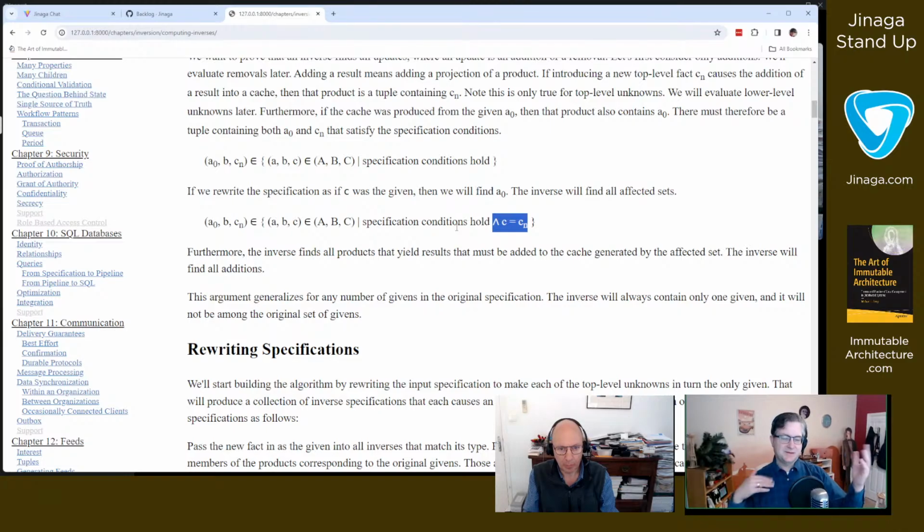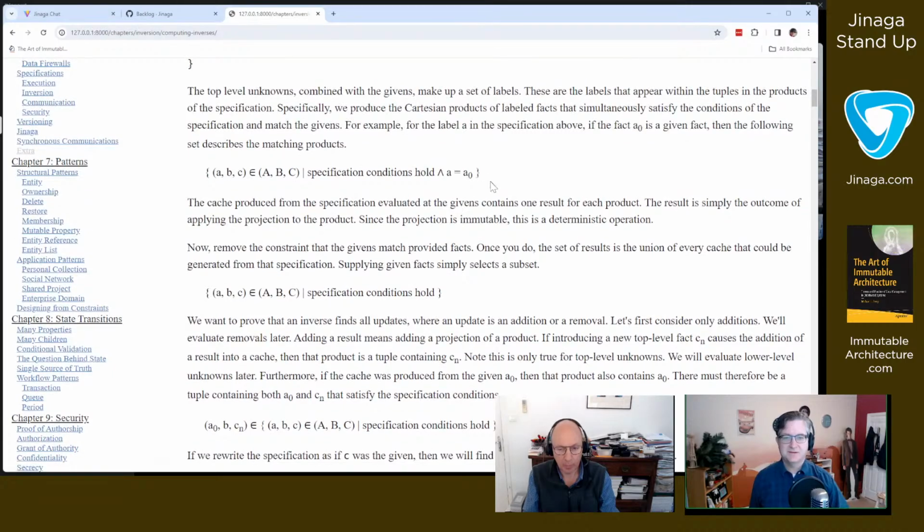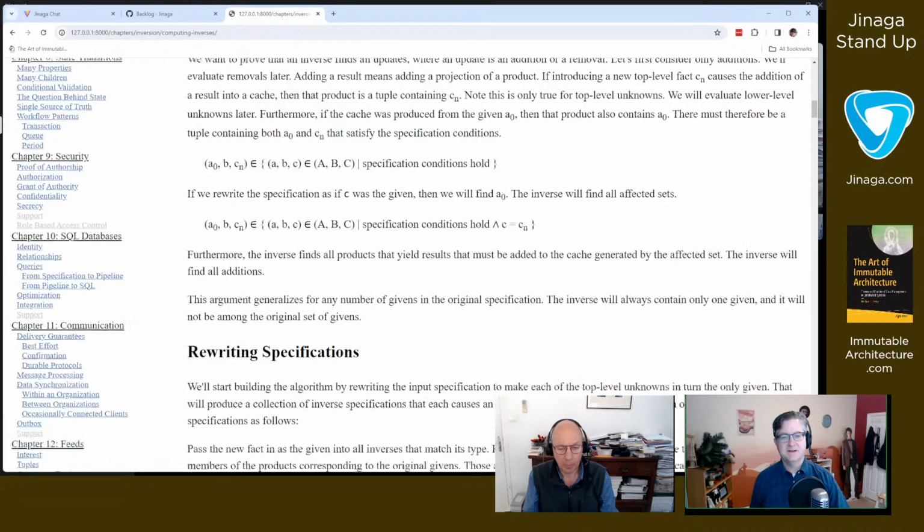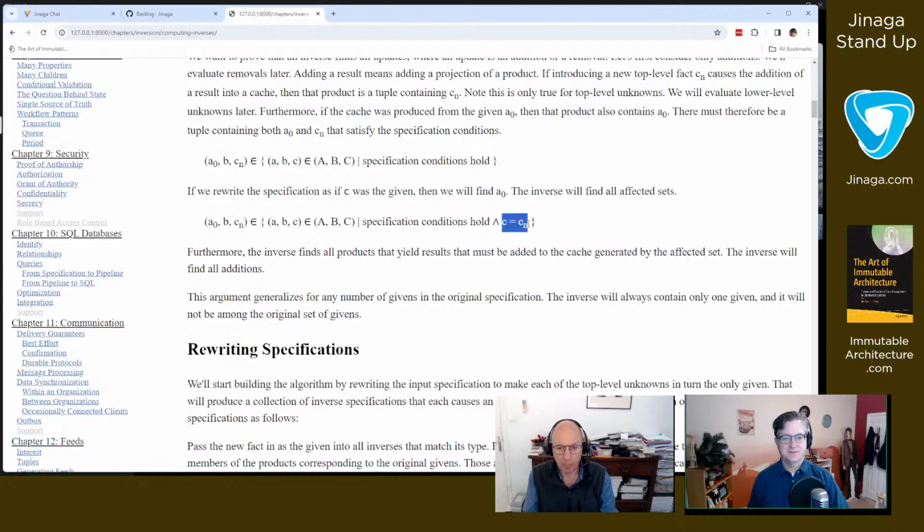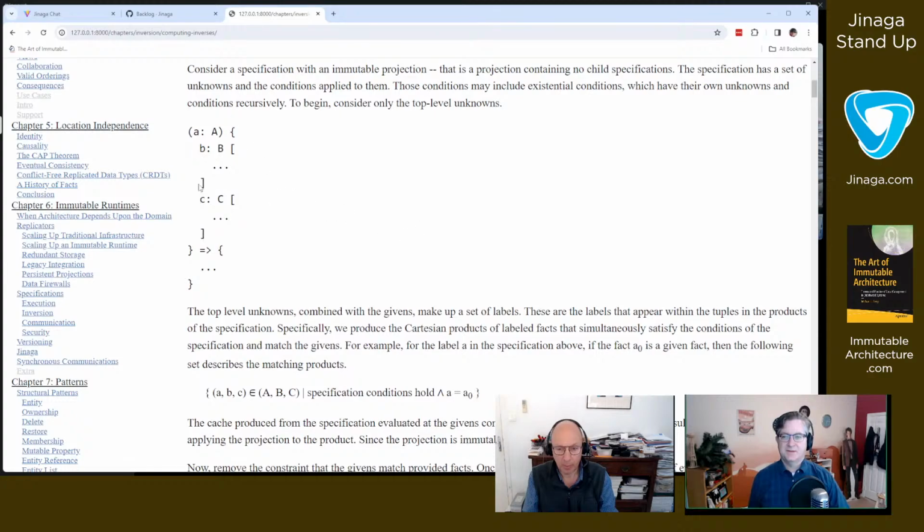So basically, all I've done to invert this set is to replace one condition, the given A, with another condition, the given C. So now it really just becomes, let's take this set of conditions here, this specification, and rearrange it so that the C ends up in the given and the A ends up down here. How hard could that be?